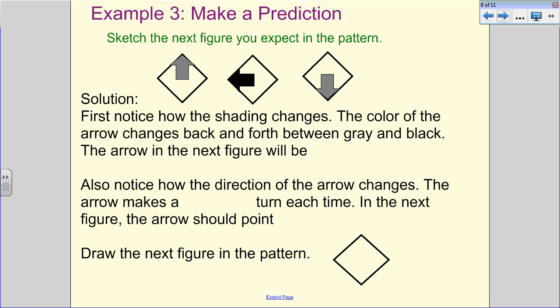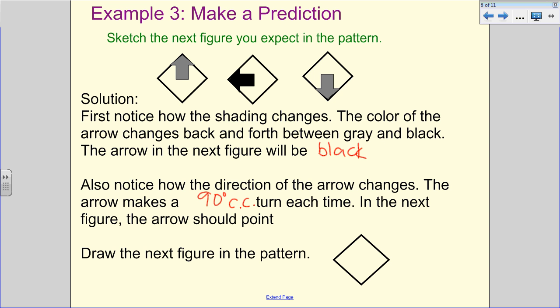So the arrow on the next figure, if we keep alternating back and forth, the next color should be black. Also notice that the direction of the arrow changes. The arrow makes a 90-degree turn, and I'm going to put counterclockwise because we're going counter the clock. It's making a 90-degree counterclockwise turn each time. And the next figure should point